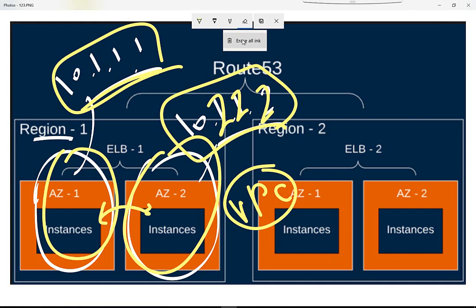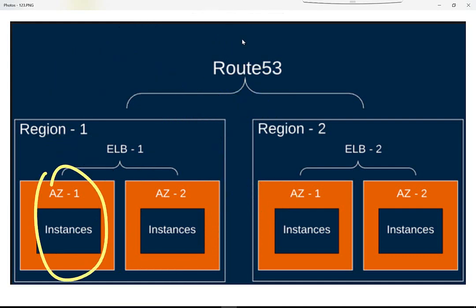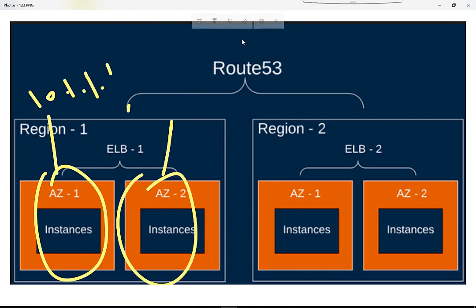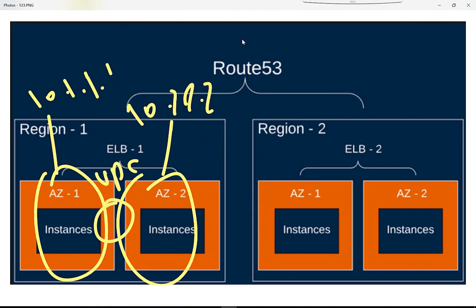Let me write it down here. So if this guy is 10.1.1.1 and this guy is 10.2.2.2, both of them should be in the same VPC. Or if different VPC, remember we need to do peering between them, or we need to do some routing